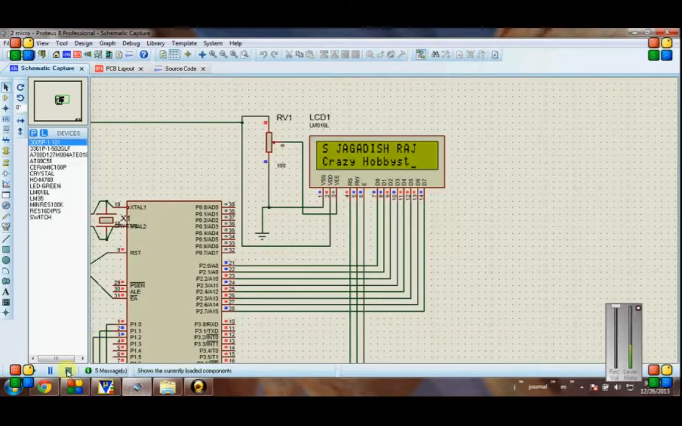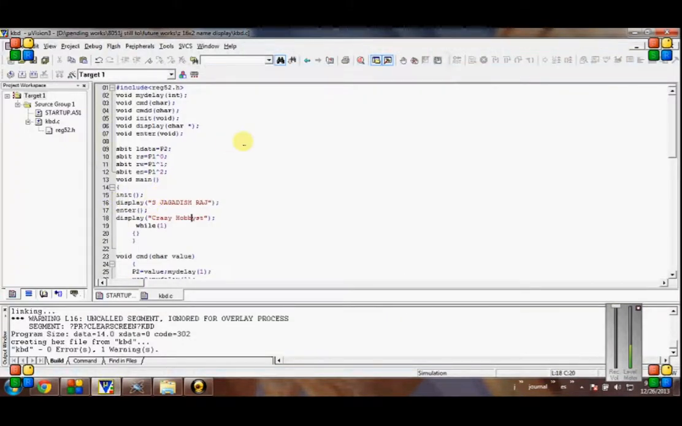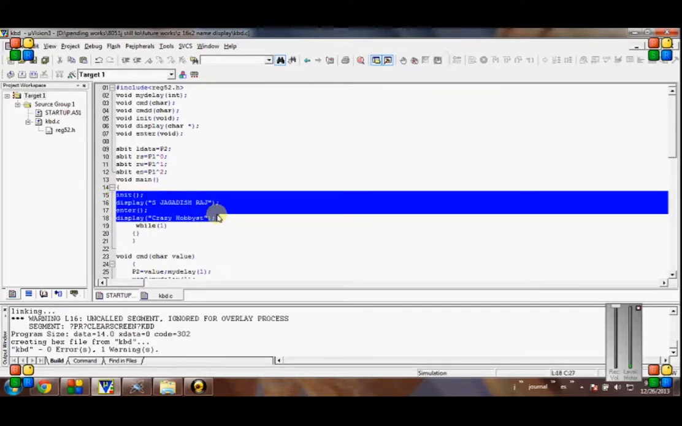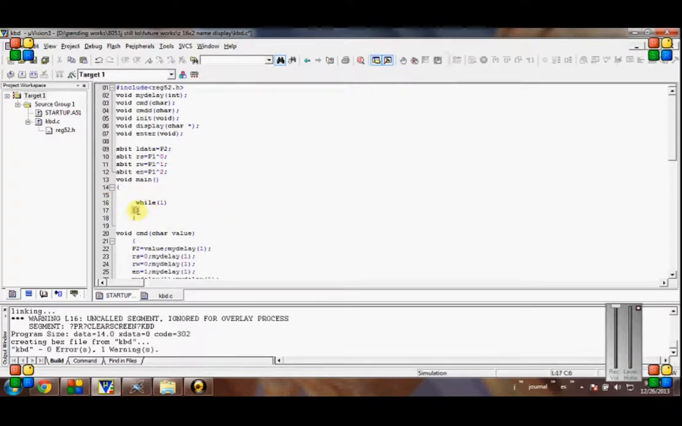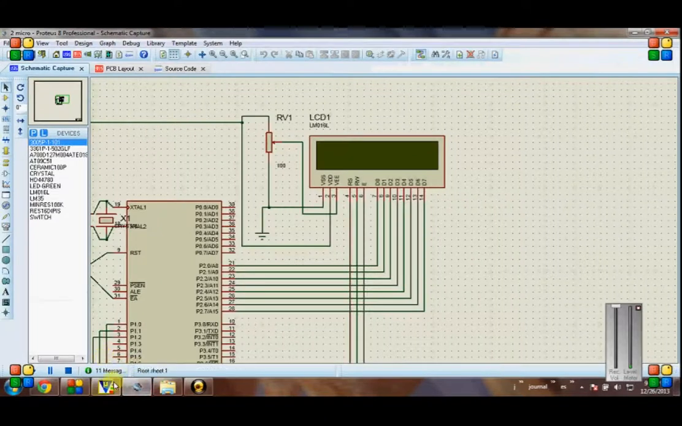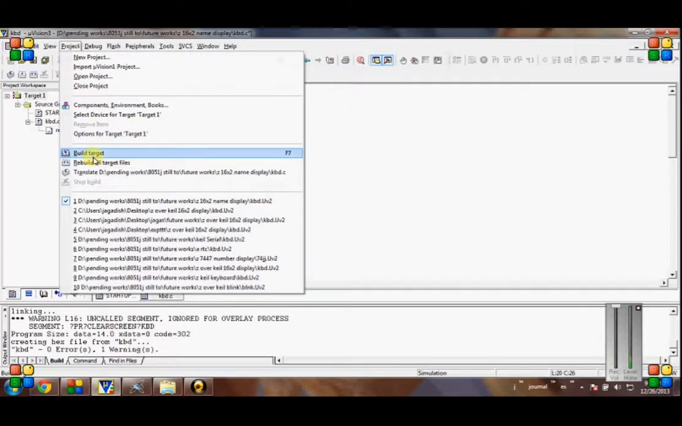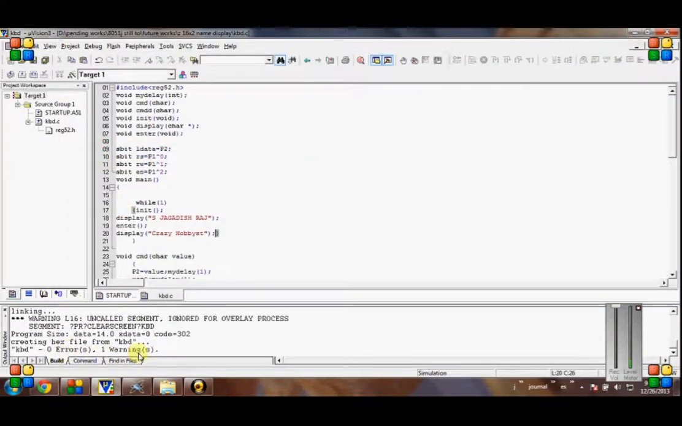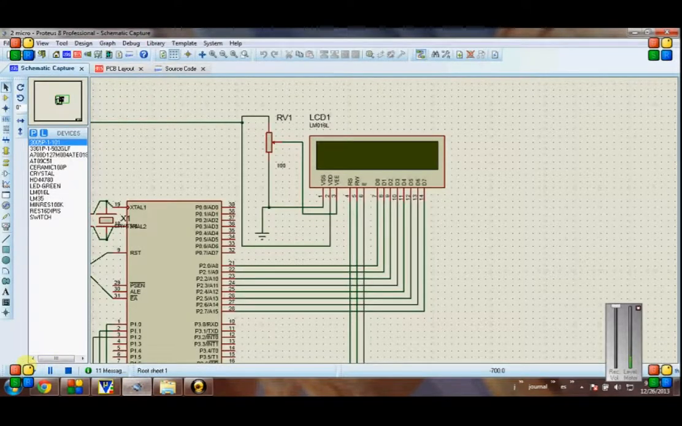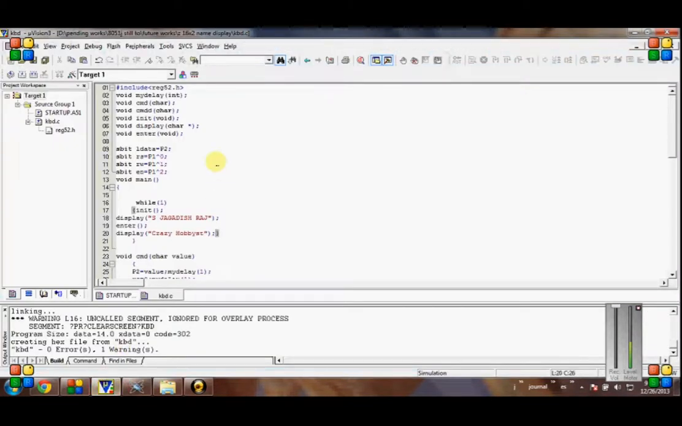So here the display has just stopped. If you want it to continuously display something, then what I have to do is cut it from here and paste it inside a continuous while loop. I compile it. You have 0 errors, 1 warning. It continuously types. If I decrease the delay timing,